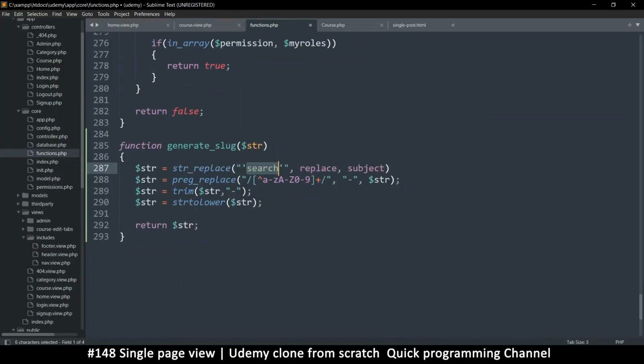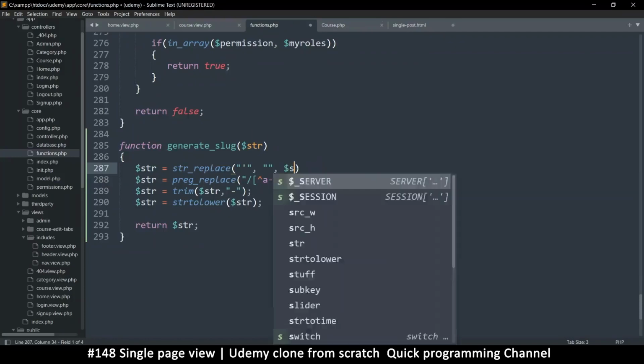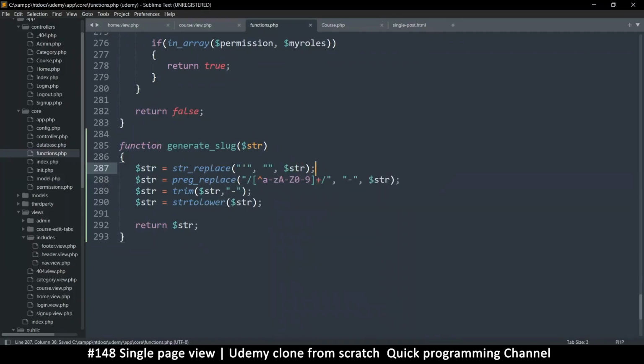I'm searching for the single quote. Let's replace it with nothing, just so we remove those. And the subject is the same string, like that. Okay, so what we're doing here is we receive a string, we remove any single quotes from there, and then